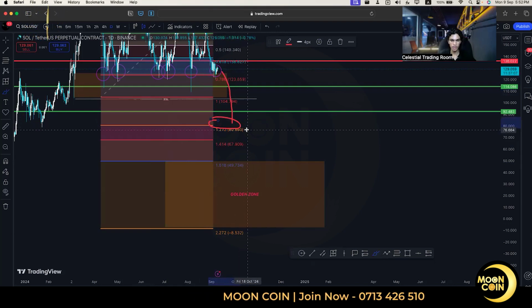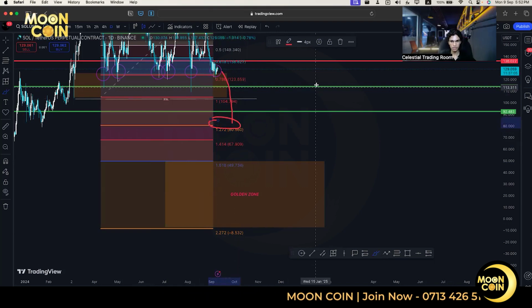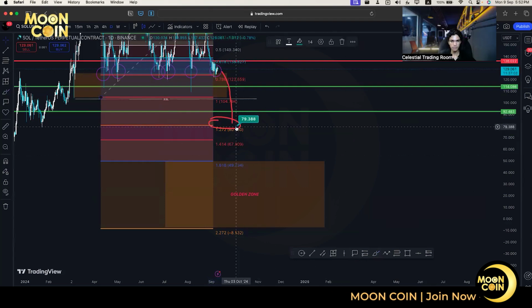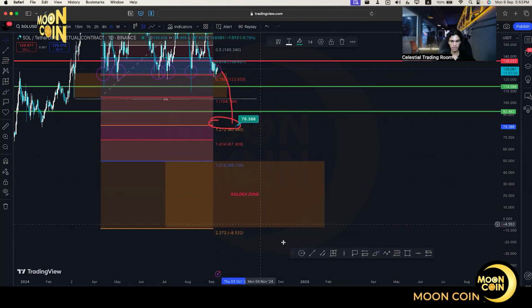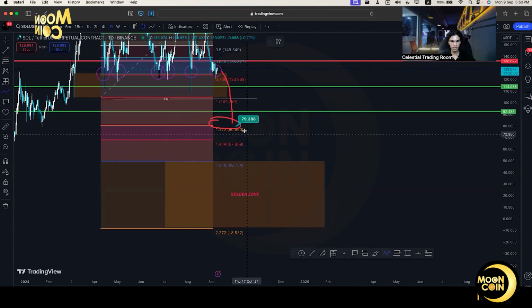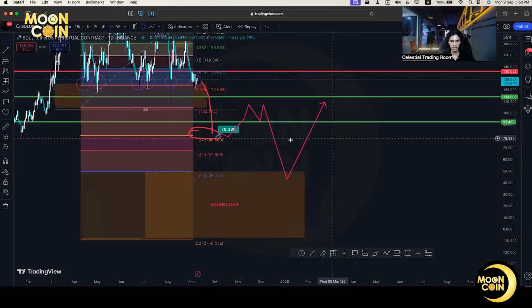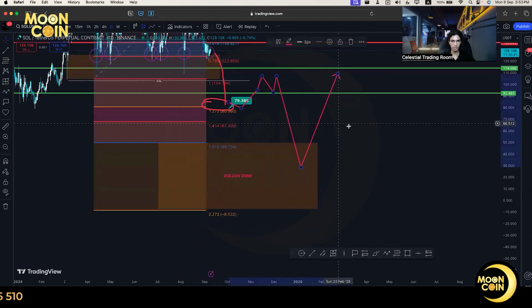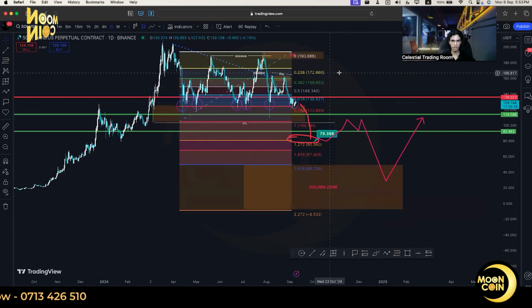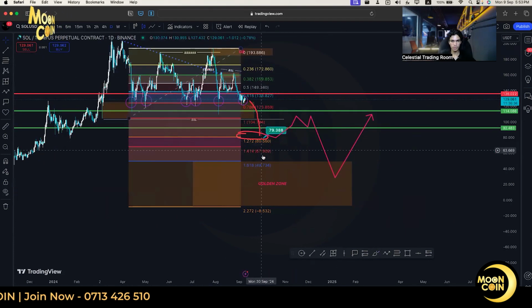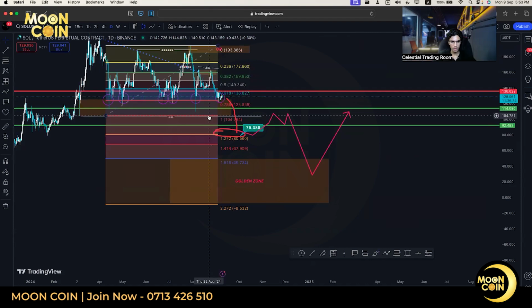It's 80.56, this zone over here. We can expect a little bounce, and the market would go to this trend line and make something like this range, and we can expect a downwards movement, and we can expect a healthy pump from here. And we have way more to go for this golden zone,